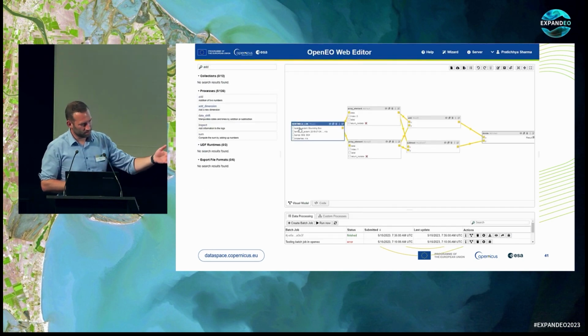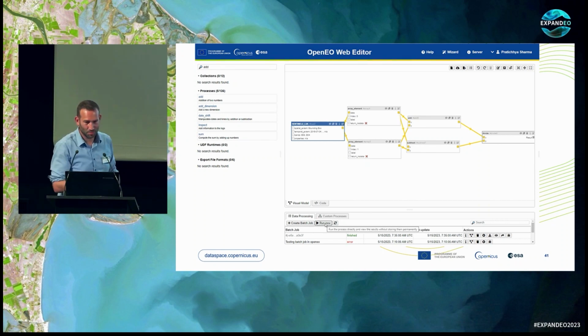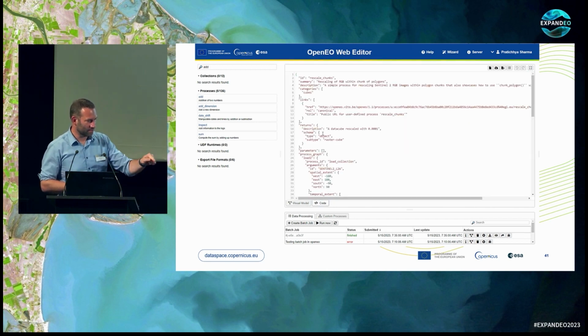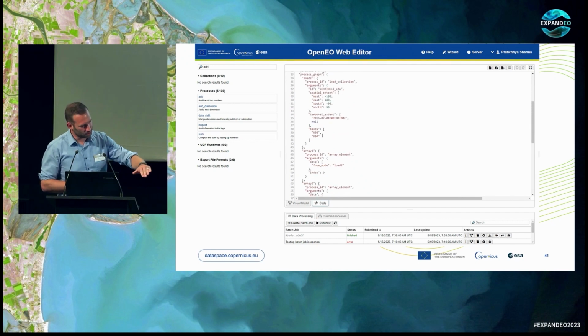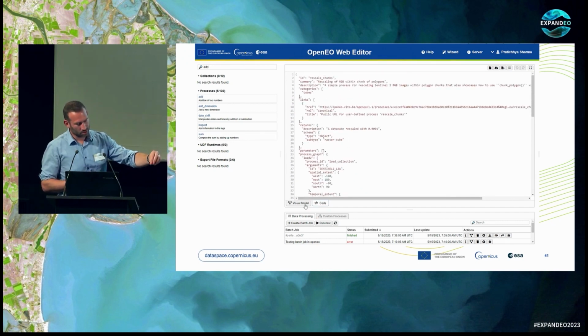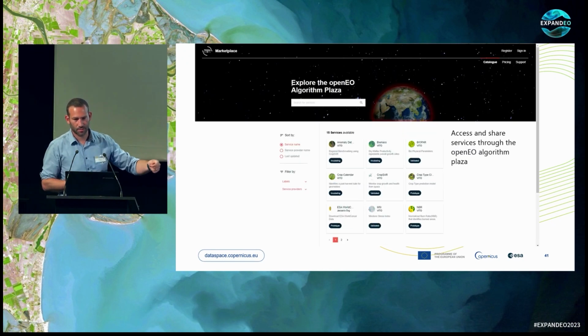So here you see all the calculations, the process graph for an NDVI is built. There you can see it, and I think in a second it will show the code as well, which can then be exported, saved. It can be ported into a notebook if you want to do further tweaking and so on. And also you can execute the code there, download the results. So the lower part is really to look at the processing. So there's batch processing, there's